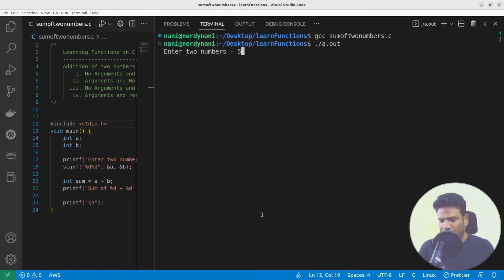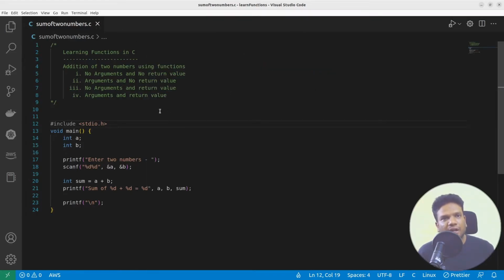a.out. Enter two numbers. I'm gonna give 5, 4. Yes, beautiful. Sum of 5 plus 4 is 9. It's working fine. So now let's see how we can write this addition of two numbers using no arguments and